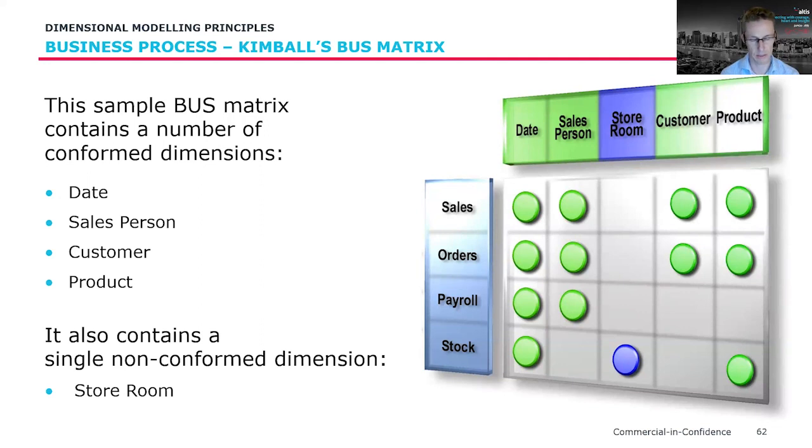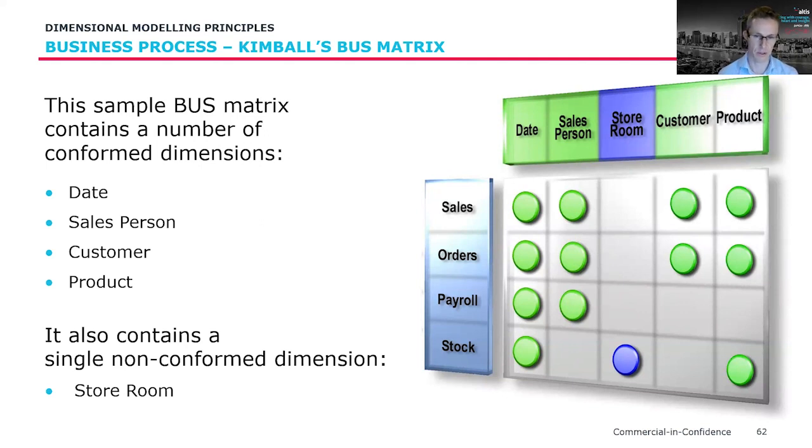So it is a high-level view of all the dimensional models, all the business processes that we may want to dimensionally model, but it also comes into its own because it offers additional benefits whereby it helps us in prioritization scenarios. If we're unsure which business process to actually implement first, we might see that one particular business process has a number of dimensions that will be used by other business processes. So that might become a candidate to implement first because we then get a lot of our dimensions built that we would need further down the line.